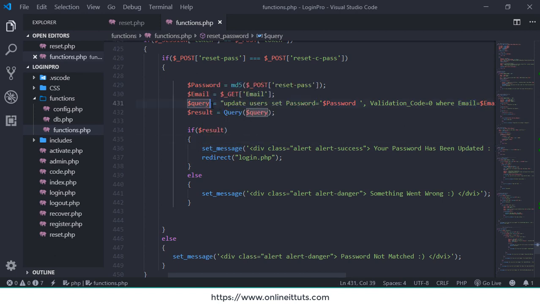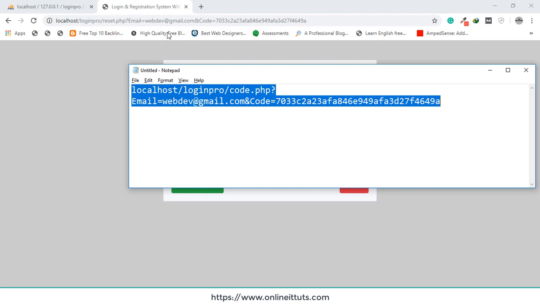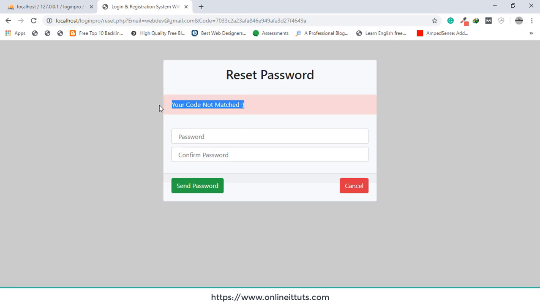Okay, I need to use the query tool. Copy that, paste here, right? Pass result, set message, and redirect the user to another page. Okay, I think everything is perfect, but why do I see this message? Okay, I use again copy code, paste here, password not matched. Copy that and go to